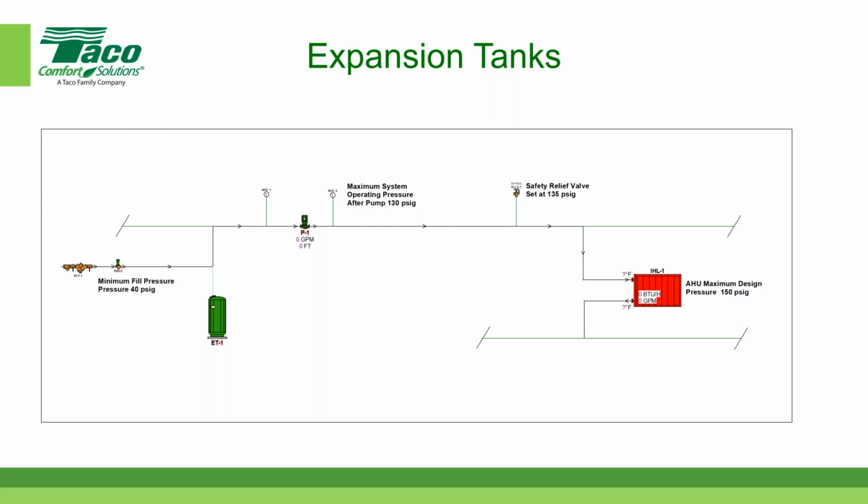Now, generally speaking, this is not an absolute number, but generally speaking the maximum pressure that a pump can generate is its shutoff head. So let's assume that this pump with zero flow can generate 20 pounds differential pressure across the pump. That means to ensure that my discharge pressure never gets above 130, I want my suction pressure to be